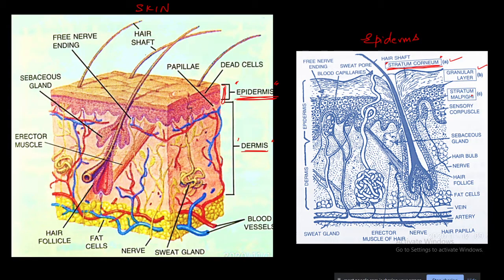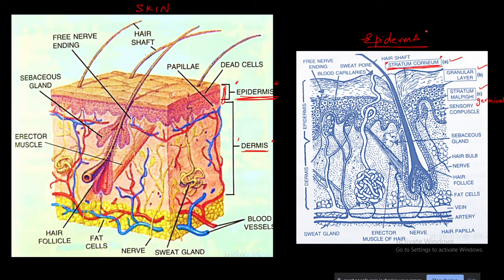Germinative. It is called germinative because it will give rise to the above layers. So it will divide and produce new cells, which will give the above cells. Whereas the outermost epidermis has the major function of protection against mechanical damage, bacterial infection, and loss of water by evaporation, and all these kinds of protective actions are there in the epidermis. The part below, that is the dermis, has different activities.